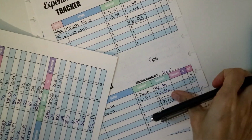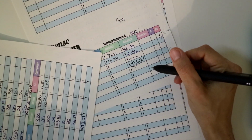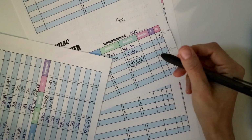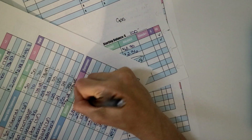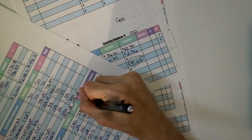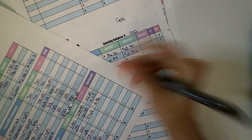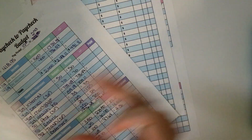Gas. Let's see. Gas, we spent $97.64. We had $236 left over. $97.64. $236 left over. Alright, next one